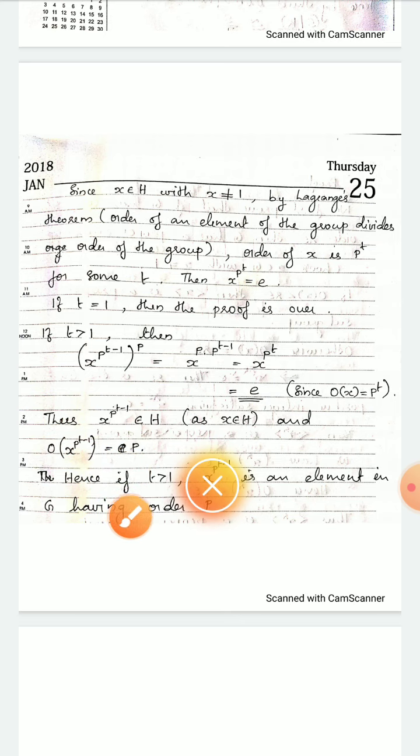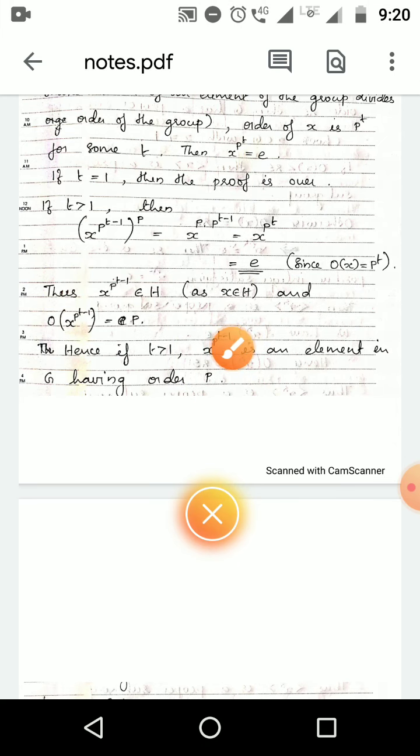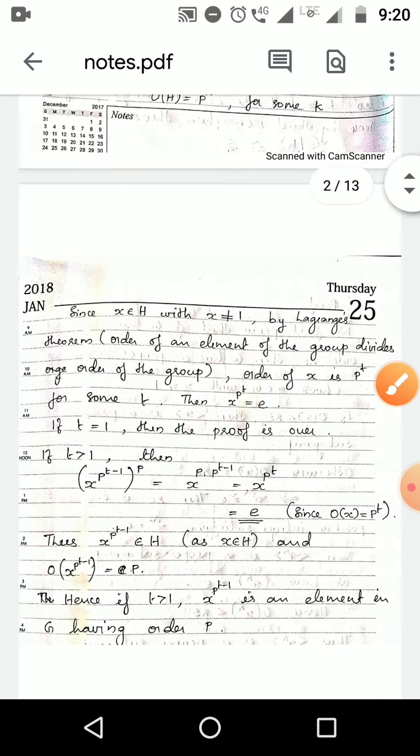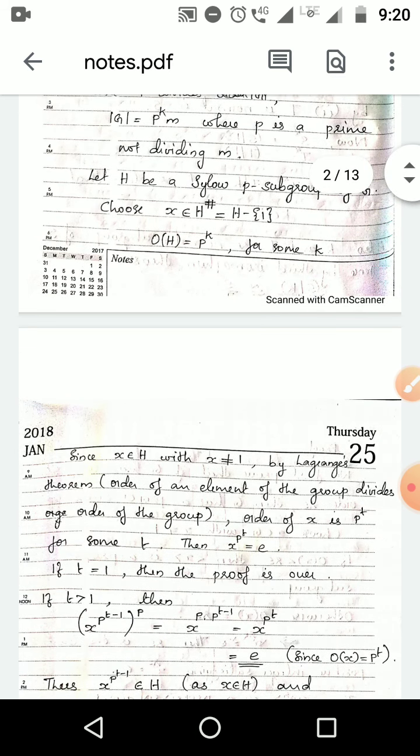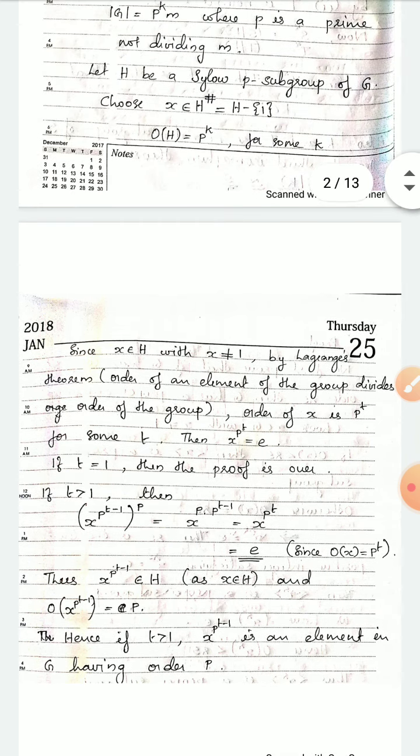Hence, if t greater than 1, we got an element x raised to p raised to t minus 1 having order p. Thus, if t greater than 1, x raised to p raised to t minus 1 is an element in G. Since it is an element of H, it is an element in G also. It is an element in G having order p. Okay, hence the proof is over. So in both cases, if t is equal to 1, we have proved that x is an element having order p. If t greater than 1, we have proved that x raised to p raised to t minus 1 is an element in G having order p. Okay, hence the proof is